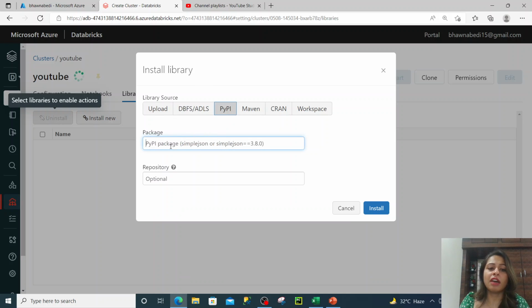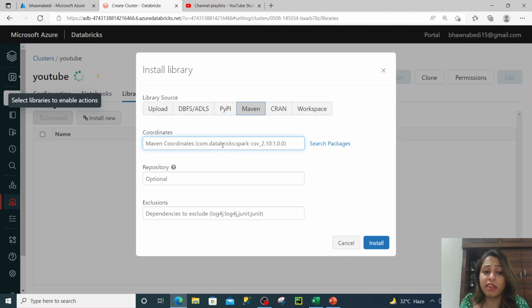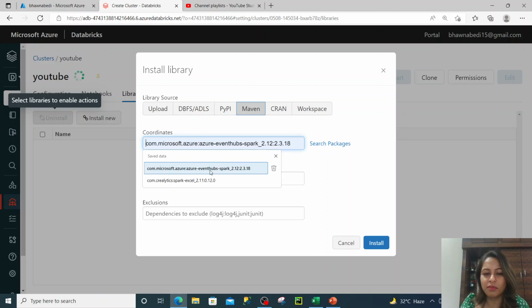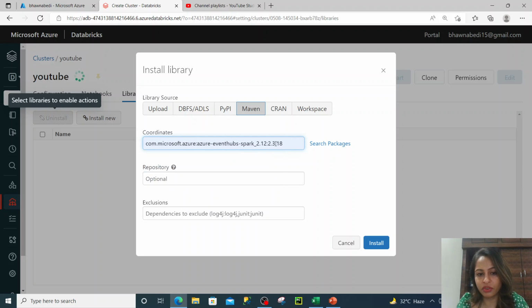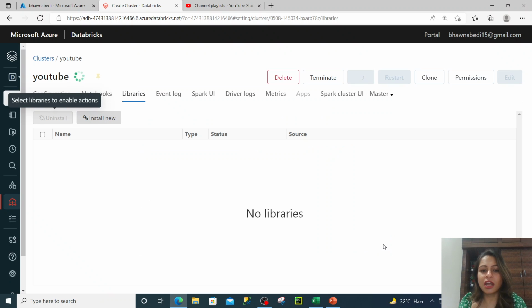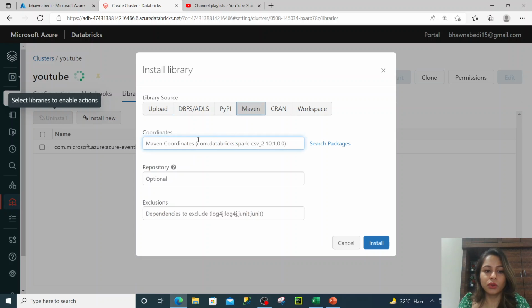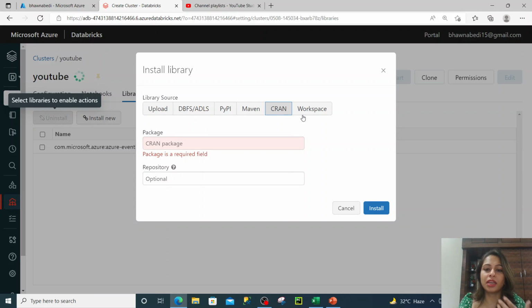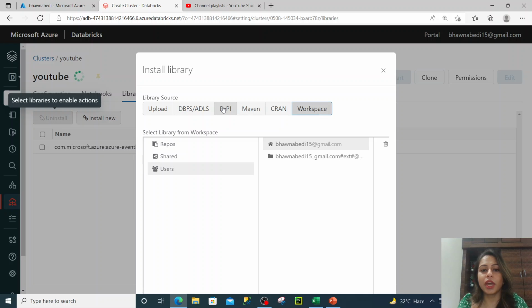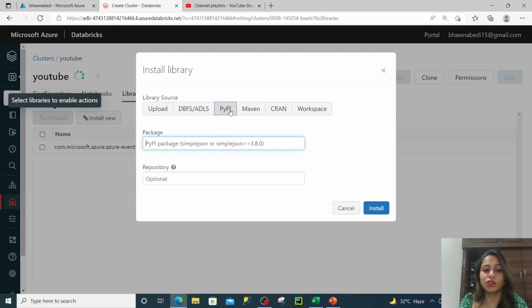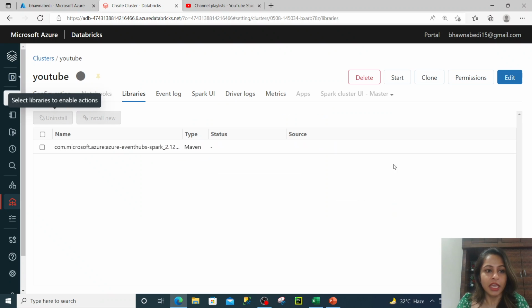So similarly, if you have any kind of PyPI package, in that case you can go ahead and use this. Similarly, let's say if you have any Maven packages, for example for event hubs, we usually use this package, right? Now if I click on install, it will start installing this library. So again, I'll click on new. Similarly, if you have any CRAN packages, in that case, you can go ahead and start installing the libraries. So there are also these APIs. Through APIs also you can install the libraries in your